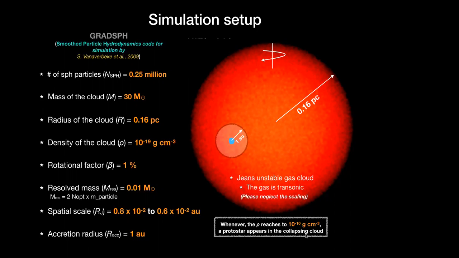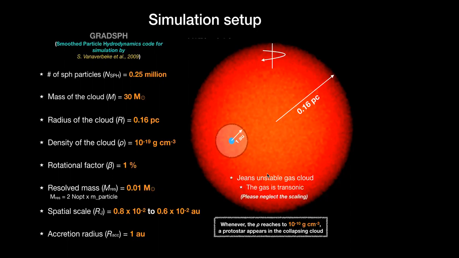Whenever the density reaches 10 to the minus 10 grams per centimeter cubed, the isothermal phase of collapse ends and the adiabatic phase begins. Before that, it is going to collapse